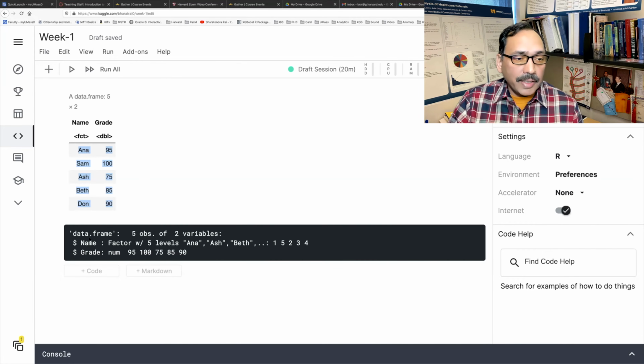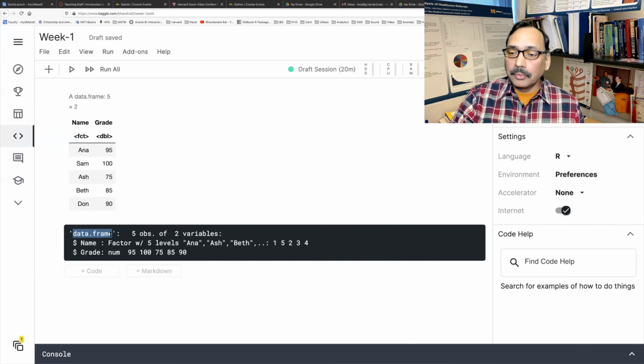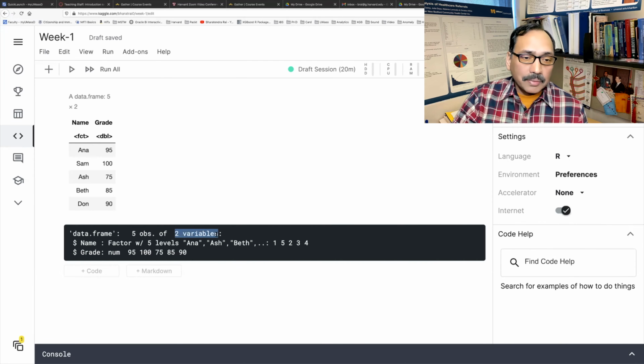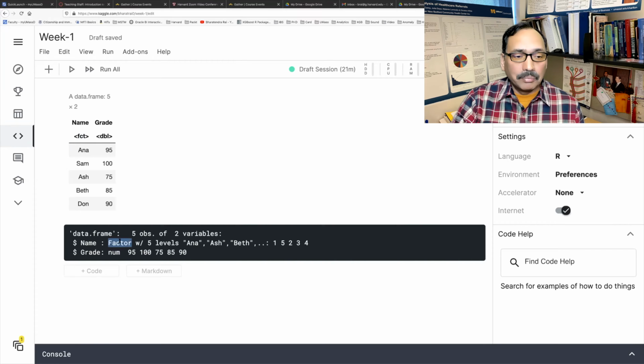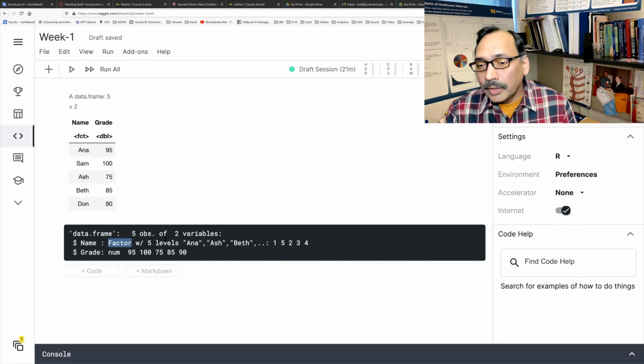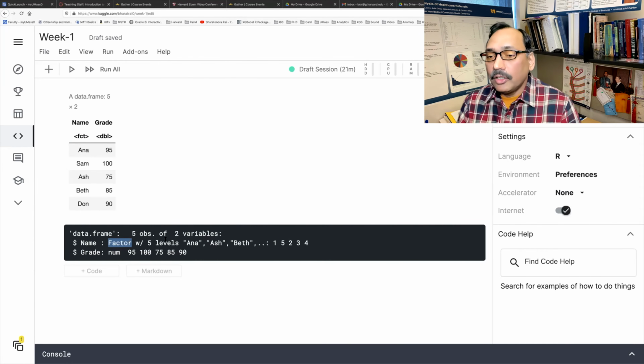This structure tells you that it's a data frame, meaning your data is in rows and columns. It has 5 observations, which is 5 rows, 2 variables, which means 2 columns. And the variable type you can see is fct. So what is fct? It's a factor variable. Whenever you have text data, it is a categorical kind of data.